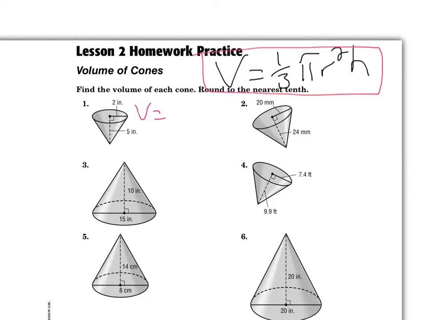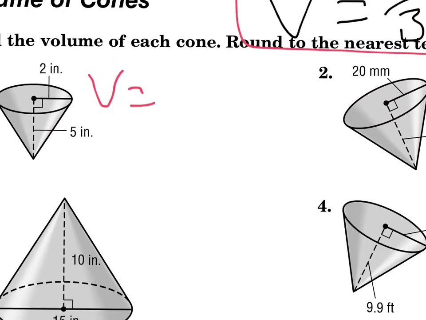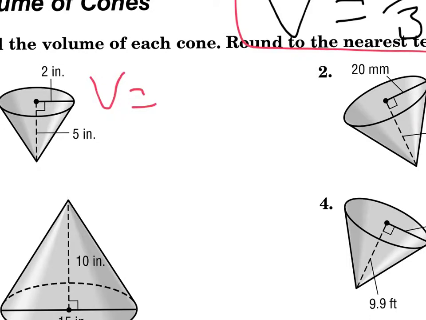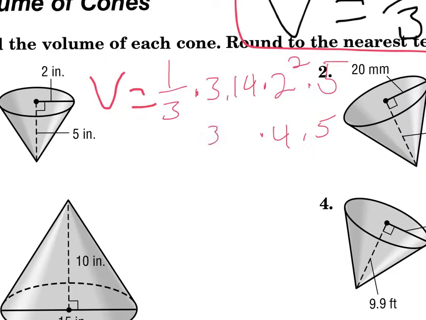Here's your problem. You got the radius is 2 inches and the height is 5 inches. So you plug and chug. 1/3 times pi, which is 3.14, times r squared times h. And you do the math. Plug and chug. So 2 squared is 4. And when you work that all out, you get